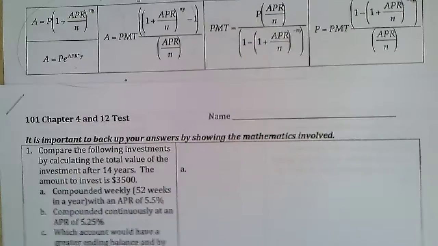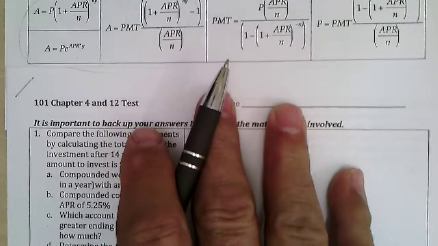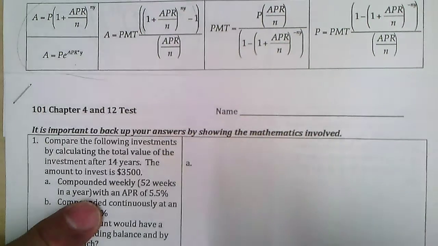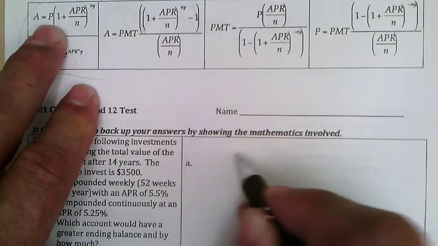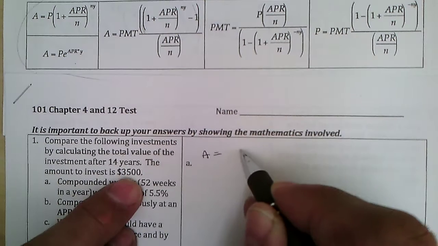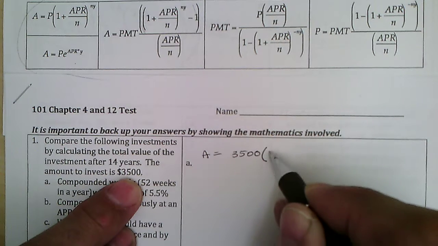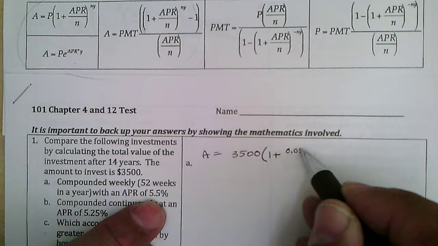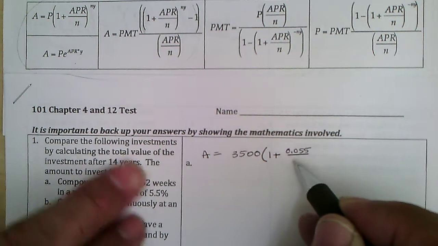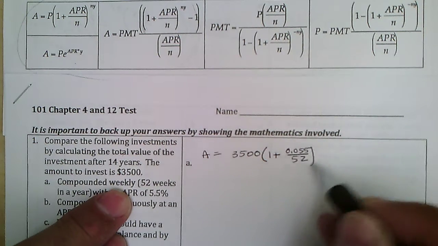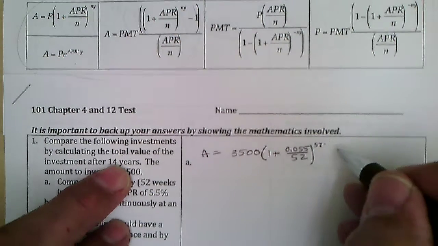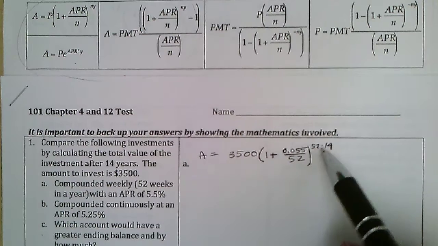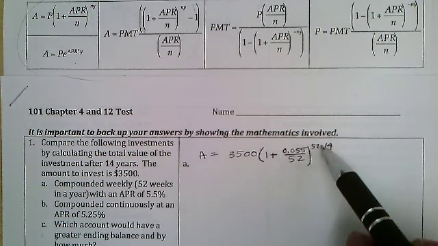Okay? So here we're doing savings. This is compounded not continuously in the first part, so we're using this formula. The starting amount, P, the amount we have will be 3,500 times 1 plus the APR, 0.055 divided by weekly 52, to the 52 times 14. Make sure you multiply those two out first and figure out what this is, and then take that answer to that power